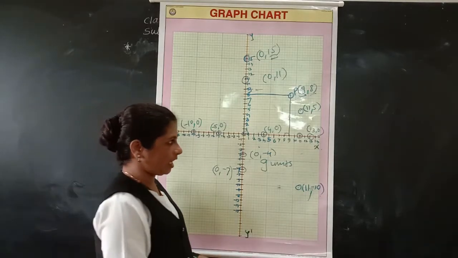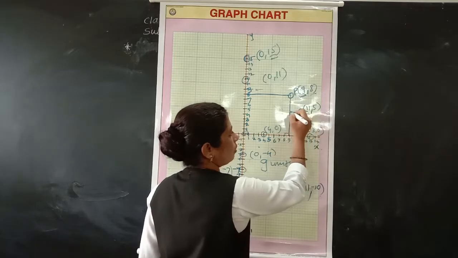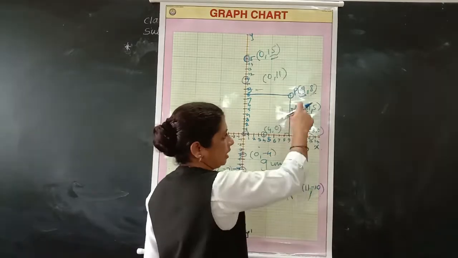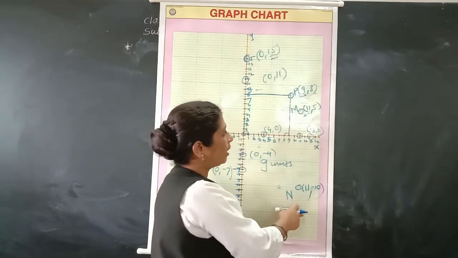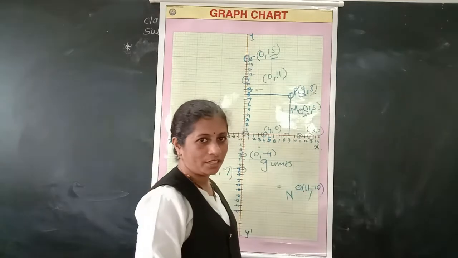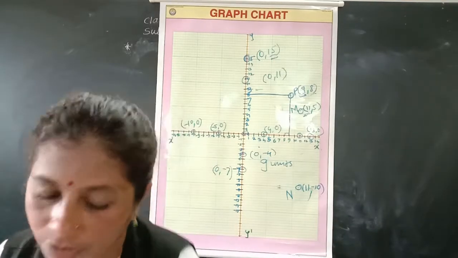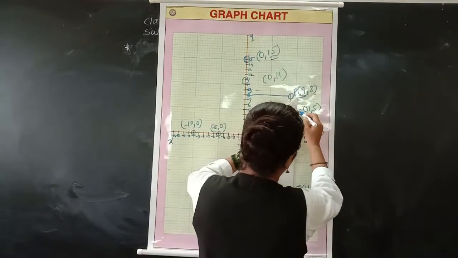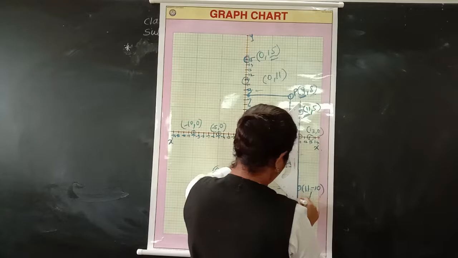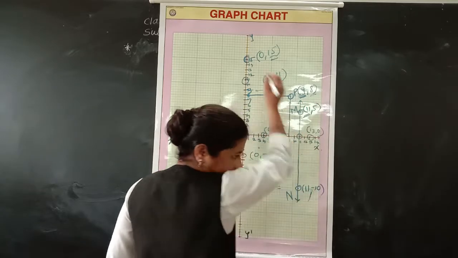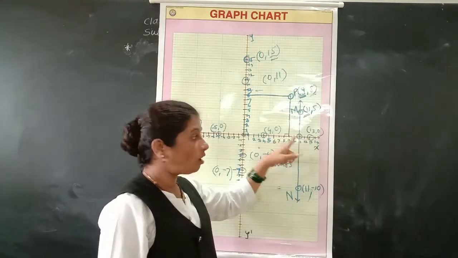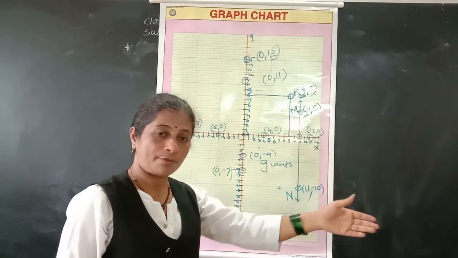Now our question is about 2 points having the same abscissa. This is one of the points, suppose M, and this is the point N. So the abscissa is 11, which means the abscissa is the same, right? But the ordinate is different: 5 and -10, right? So if you draw this line, then what about the line? Does it lie on the x-axis or y-axis, or something different? Yes, of course, something different.